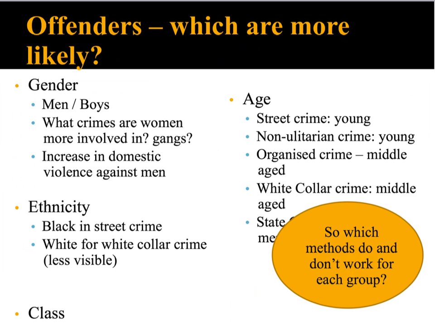You could get a question about offenders, and you've got to consider which offenders are more likely. So it might be about gender. Well, we know that men and boys appear in statistics much more often, but then again, we also know that these statistics aren't entirely true. So why might men be overrepresented in official crime statistics? It's something to do with the chivalry theory. But women are becoming more involved in crimes. Can you remember what types of crimes women are becoming more involved in? This could link in for